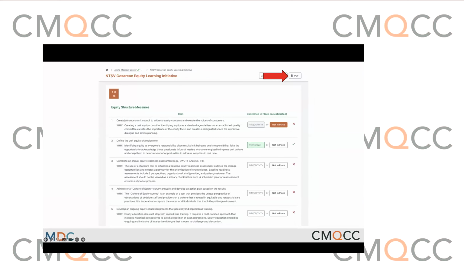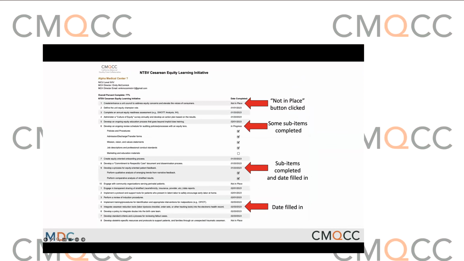Another way to disseminate and look at this information is to click that top PDF button. Go ahead and click. Next slide. And this generates what we call a one-pager, a PDF report. It removes all of the whys associated, so you won't have as long of a page. You don't have to scroll through it. It's a one-pager, and it lists out all of the structure measures for NTSV and for equity throughout the whole